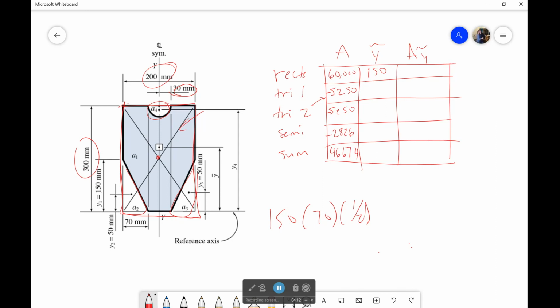So it's going to be 50 millimeters from both of them. Now what about for this semicircle? Well, the semicircle is a bit different. It's not quite as nice. You would probably need to look it up, and you can find it in the very front cover of your